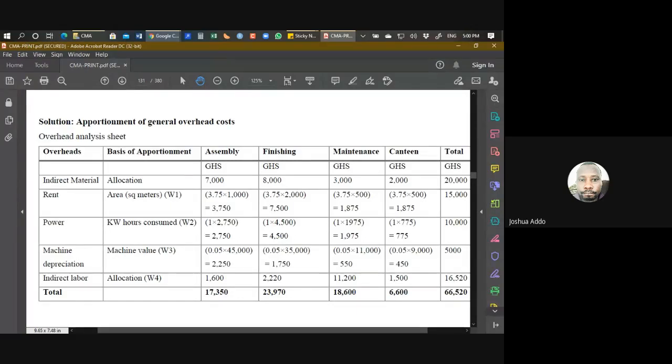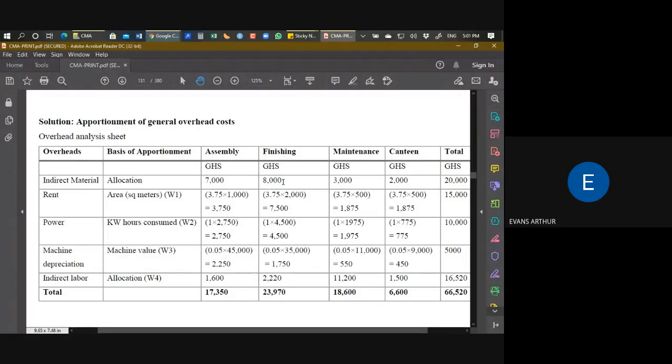We do it in the same fashion for the rest. Rent cost per unit of square area is 3 cedis 75 pesewas. Area occupied by finishing is 8,000. So the total cost of rent,